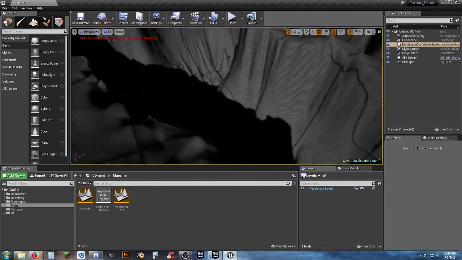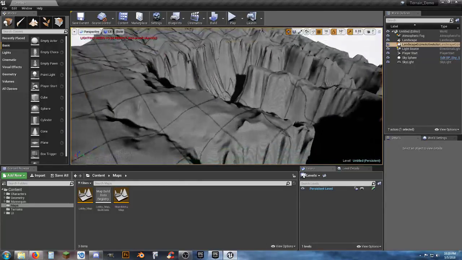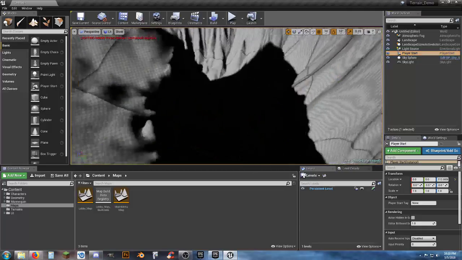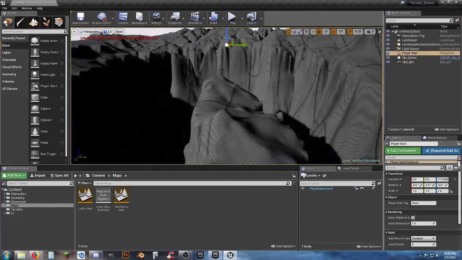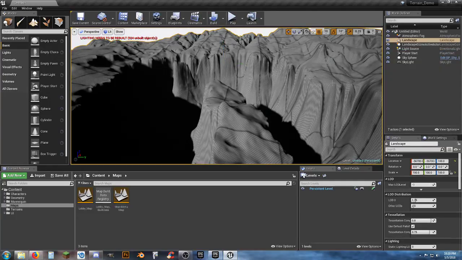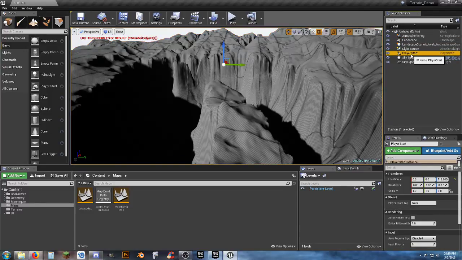Now this is a pretty deep canyon here, but if we look at our player start, I'm going to zoom into it. Our player starts actually way up in the air. So what we can do is we notice that our landscape is based off of the elevation that it was received from. So even though it's set to 100 and our player start is set to 112, the terrain itself